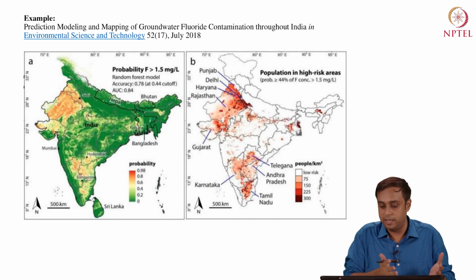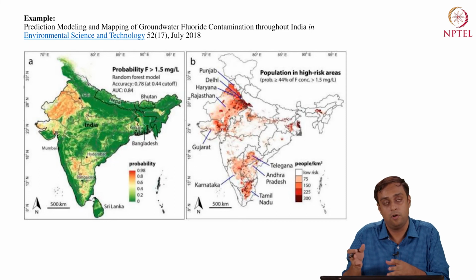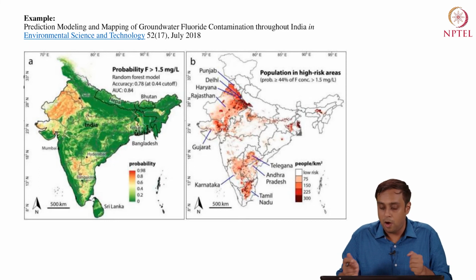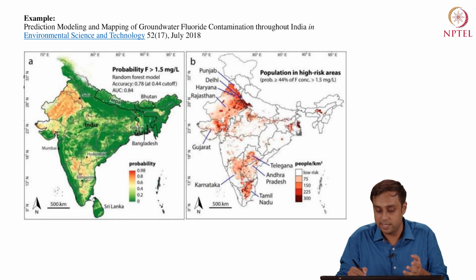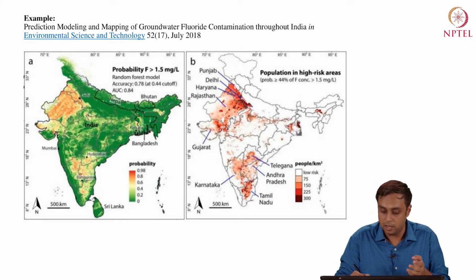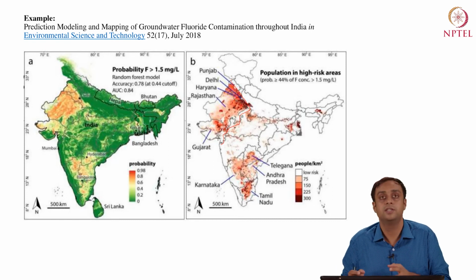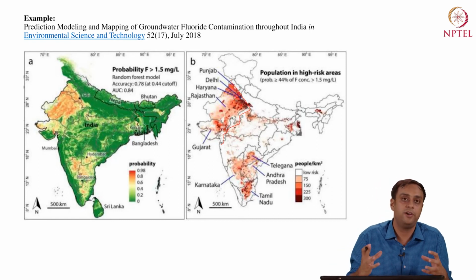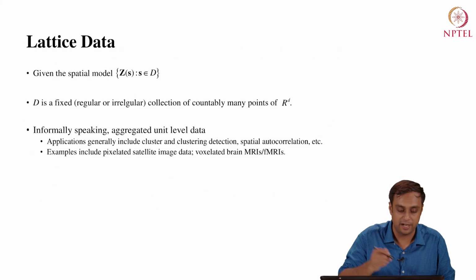Here in the left picture, the domain of interest is the entire conterminous region of India, as a country. On the right, the region of interest is mostly states ranging from Punjab, Delhi, Haryana, Rajasthan and Gujarat, and then there are some states in the south. So you have a more restrictive region of interest on the right hand side. You can have both possibilities with these data.